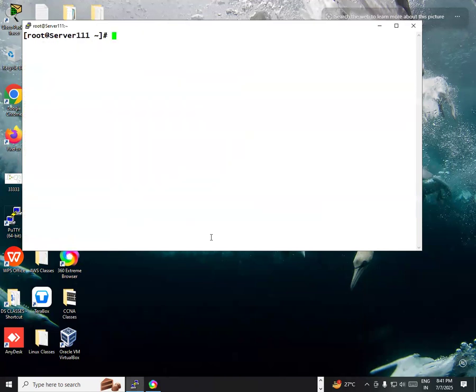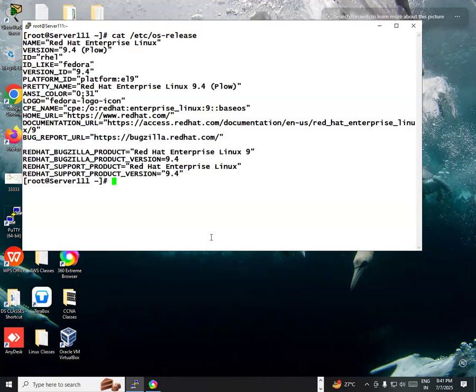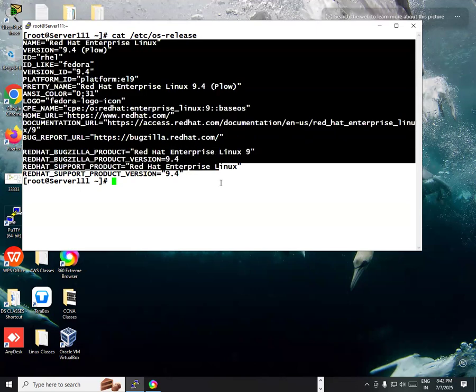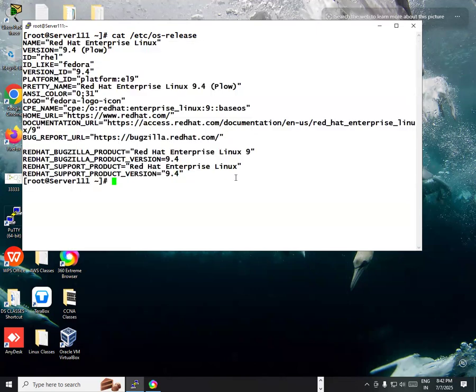So although Linux is a CLI operating system, it is best in CLI only, not in graphics. Okay. And if I say cat /etc/os-release, can you see here we are learning Red Hat Enterprise Linux 9.4 version. This is one of the latest versions we have. All right. And don't worry, such a big output is here. Don't worry about this output. We just need to know what we need to look for from this particular output.